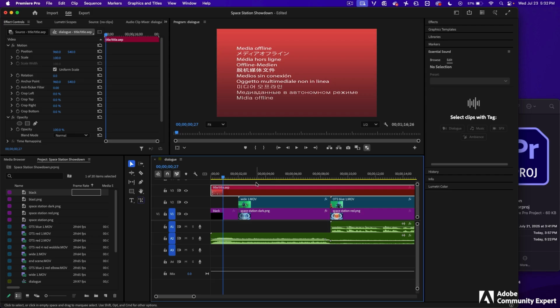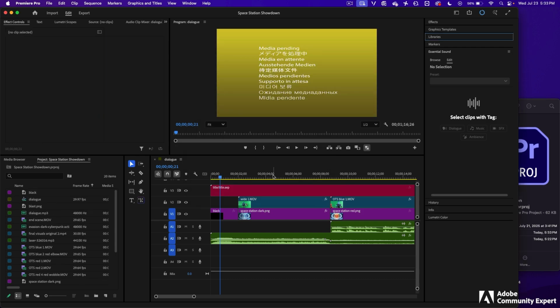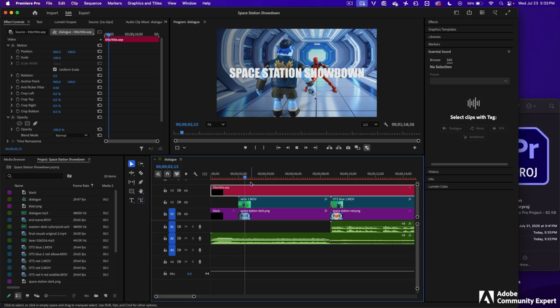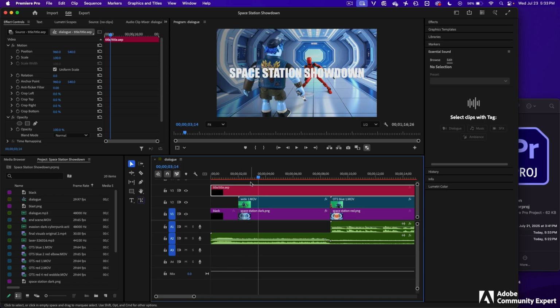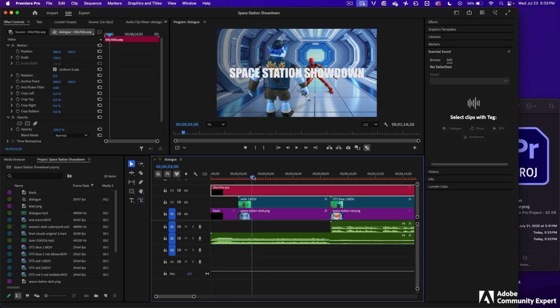It's creating a link to the new file that's been saved. Sometimes it doesn't update. So what you can do is close Premiere Pro and save it, press save, and then reopen the project. And there it is. Let's watch it. That's interesting. I like that we see it at the beginning, it animates, and then I like that it's over